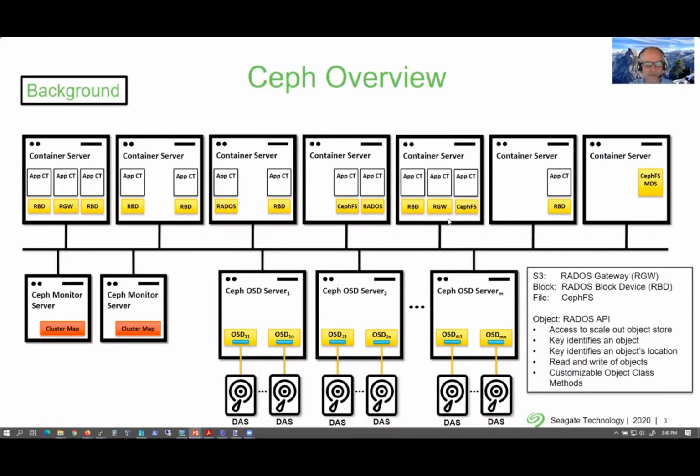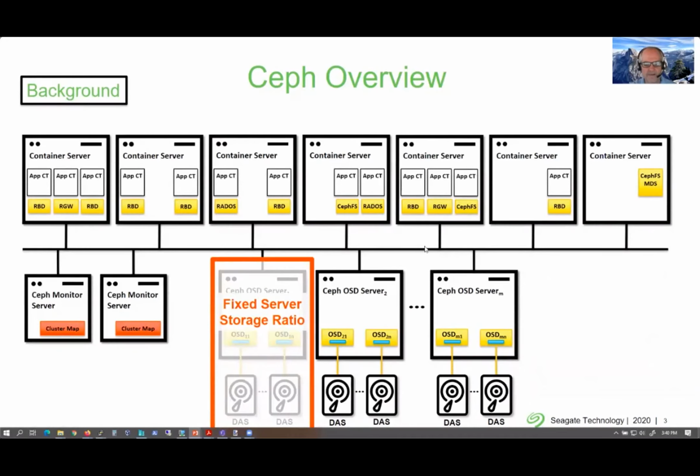Some of the problems that we're focusing on in this research is a fixed server ratio, that once I define an OSD server, the number of OSDs that it manages remains the same unless there's been drive failures, but I can never expand it. I can only reduce it. And finally, the blast radius, that if I lose an OSD server, I lose all of the media that's attached to it, which can be terabytes in terms of hard drives. That means that all that needs to be re-replicated or re-erasure coded when that failure is recovered.